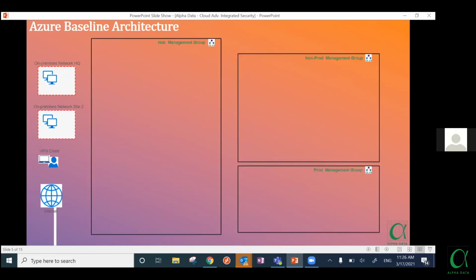Now, the baseline, as discussed earlier, should start with a management group. So you create a management group here. In the earlier slide, we saw only one management group, but what we are showing here is three different management groups: a hub management group, a non-prod management group and a prod management group. In the non-prod and prod, you'll deploy your workloads which are day-one test, and in production you deploy your production workloads. But the hub management group is very interesting. This is where you actually deploy your shared services. The shared services will be your firewall, your DNS, your Active Directory.